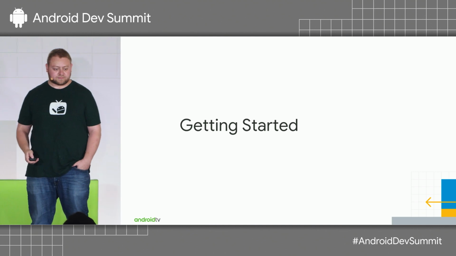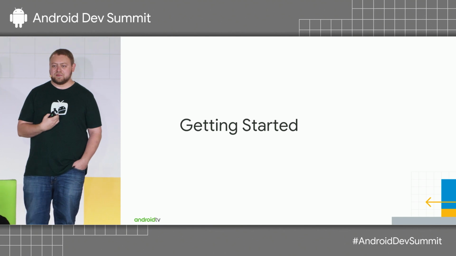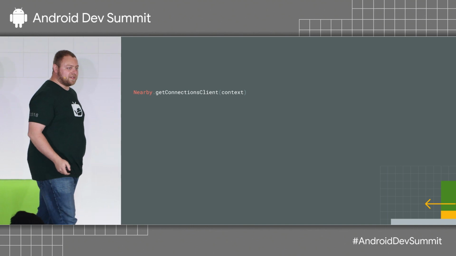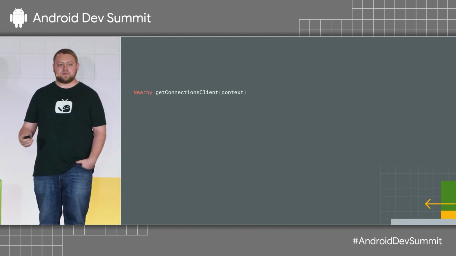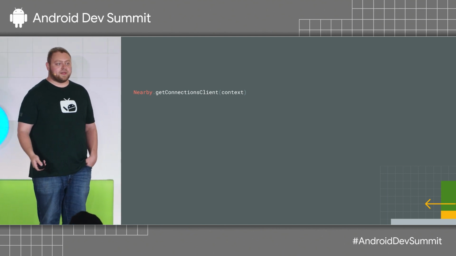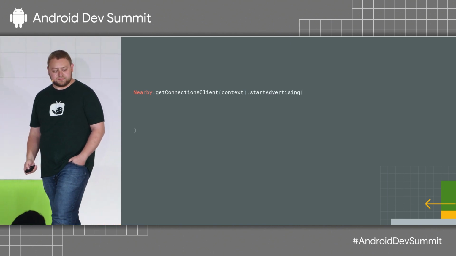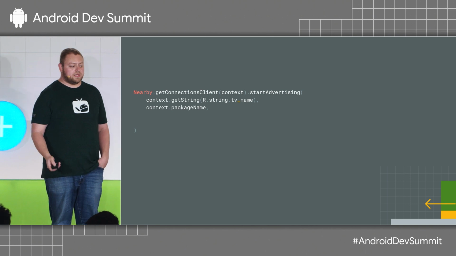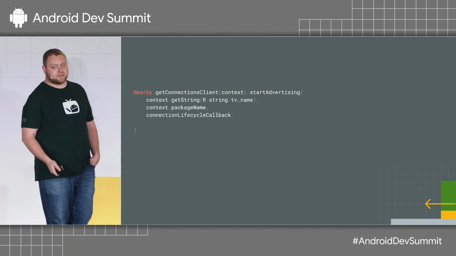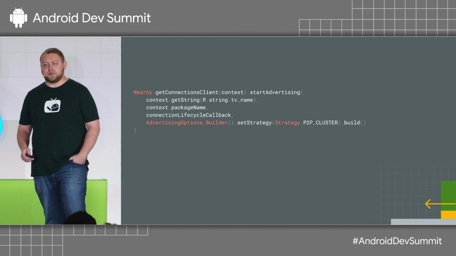Let's dive a little bit deeper. So getting started with this, let's start on the TV side, because I'm on Android TV, so I'm a bit biased. We're going to start on TV first. TV is going to start advertising. The way you do this is you set up Nearby.getConnectionsClient. Nearby is just a nice singleton helper class from the Nearby API that has all these things to help you get started. You call startAdvertising. You're going to give it a name, a service ID. Package name is perfectly fine. You're going to give it a connection lifecycle callback, and you're going to set a strategy. Cluster is a really good strategy.